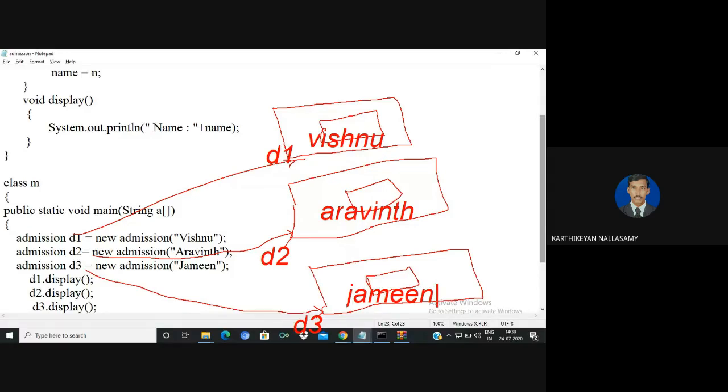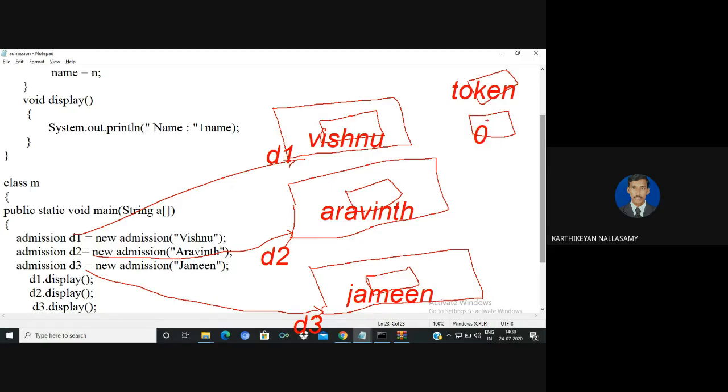So the token number continues. I can't allocate a common memory for that, because that is a separate memory ID, a separate variable ID. So it indicates the token number. To indicate the token number I need one memory. Initially it will be 0 because still no one has come to the bank. So it is 0.